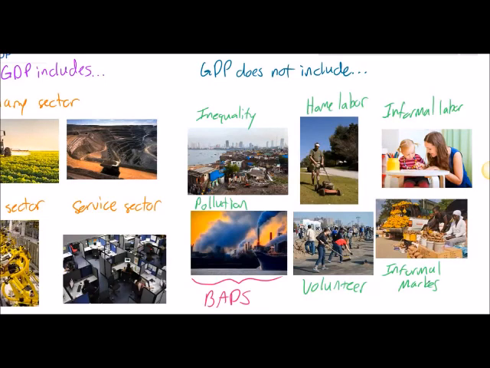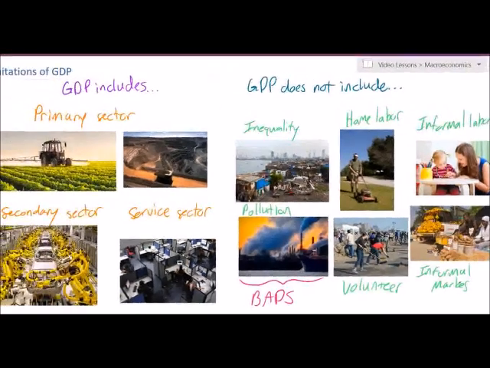So in this video, we reviewed what GDP measures. We talked about what GDP is good at. It's good at measuring the value of the output of the primary sector, the secondary sector, and the service sector in an economy. But it does not include a lot of things that really impact the well-being of society. It doesn't account for the level of income inequality. It doesn't subtract the negative pollution costs imposed on society when goods and services are produced. It doesn't measure the value of home labor, like raising children and people mowing their own lawn. It doesn't measure the value of volunteer work. And there's all sorts of informal or non-market transactions